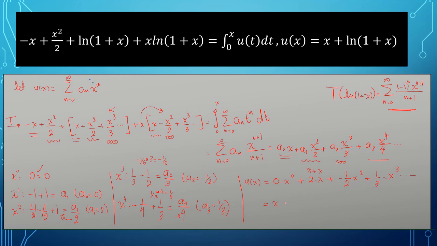Okay, so we'll get x plus, and we will get the summation of ln(1 plus x), which is x minus x squared over 2 plus x raised to 3 over 3, and so on. So we can rewrite this as x plus ln(1 plus x). Okay,